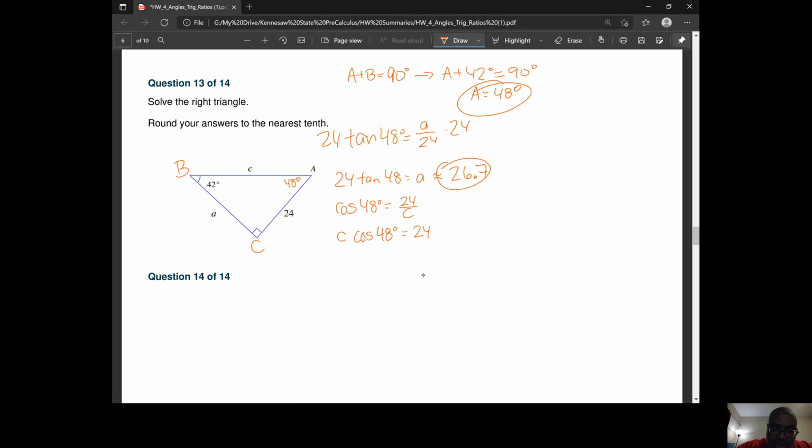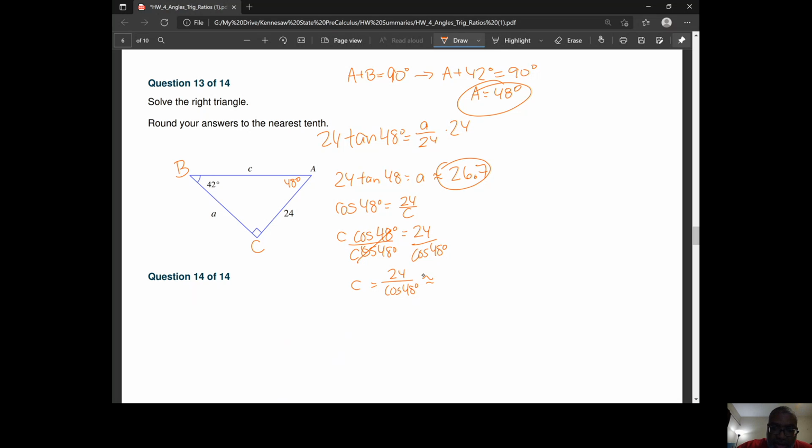Divide by cosine of 48, and you end up with c being equal to 24 over cosine of 48 degrees,